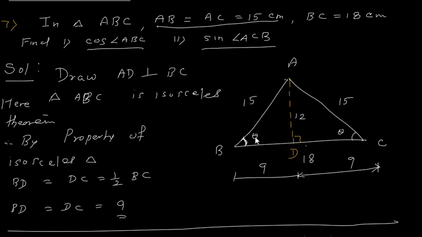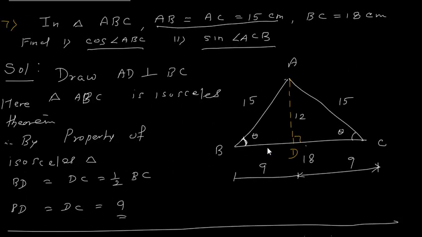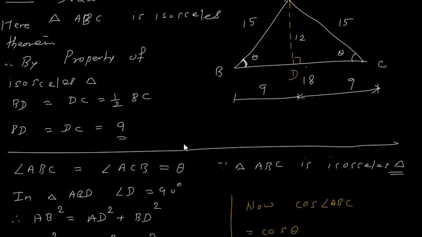So we will wind up our lecture here. In the next lecture we will see a few more questions from this exercise. Again, what I am repeating is that you must remember all the trigonometric ratios, their formulas, and how to identify all sides, that is hypotenuse, opposite side, adjacent side, and how to use the Pythagoras theorem. So far we have used these concepts only for solving the problems.